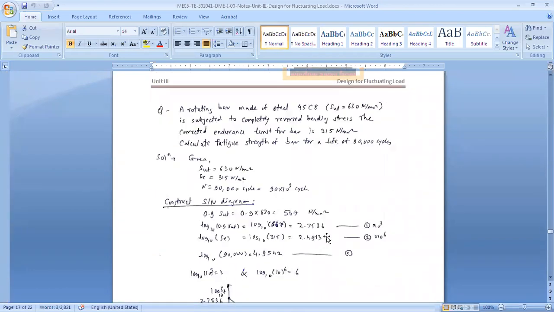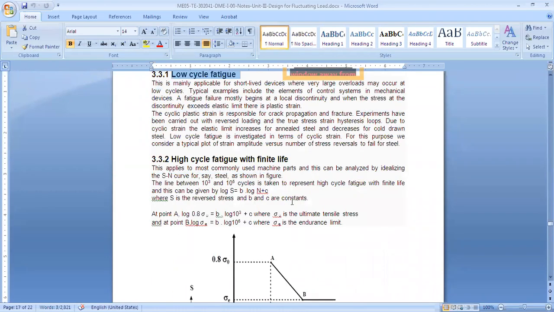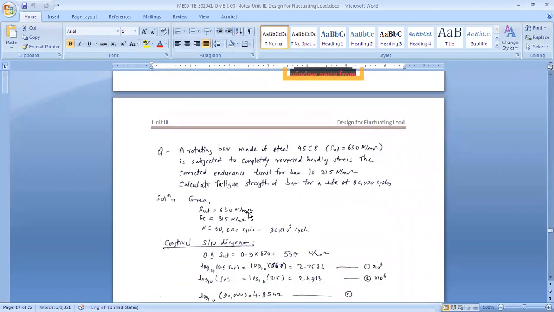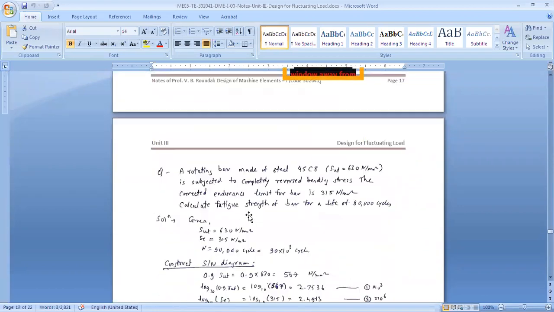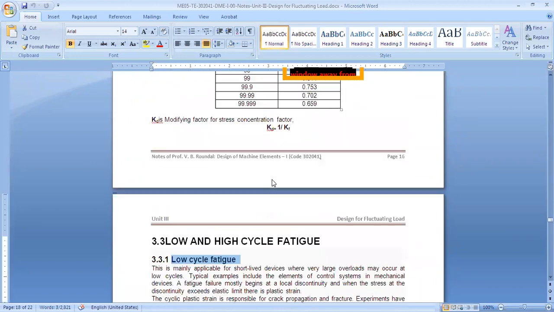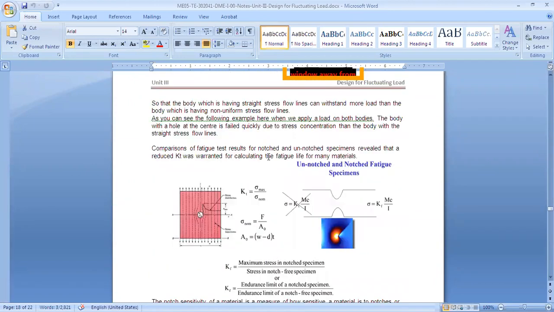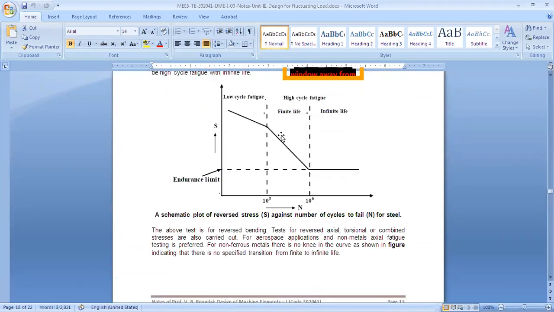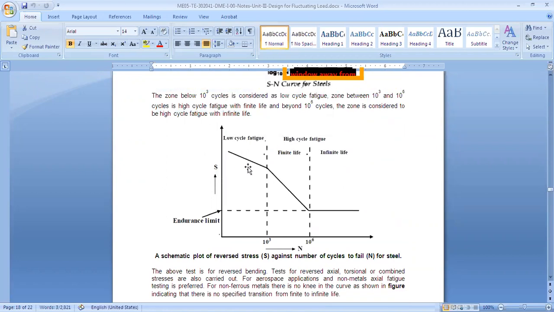And now we'll take a numerical on that, if you guys are clear with the SN curve. Okay, we'll take an example. So this SN curve is a plot of stress and number of cycles, and with this we can find out. So if we know, say, endurance limit, sorry, no, this is not endurance limit, this is 0.9 of SUT, and if we know the endurance limit for one particular sample.